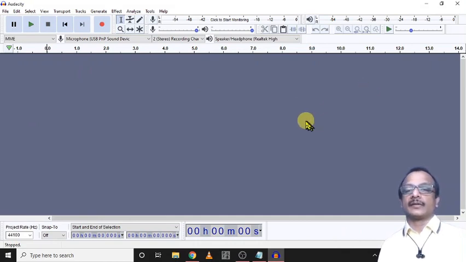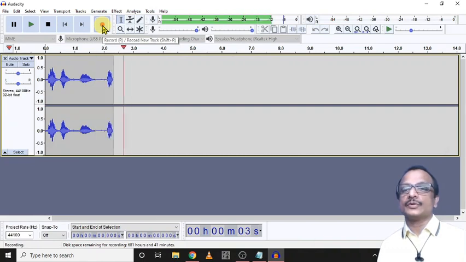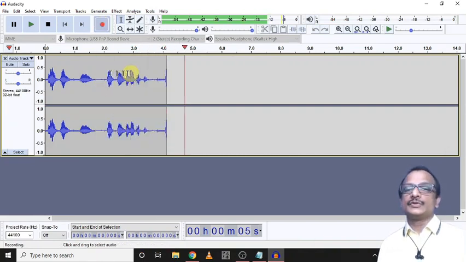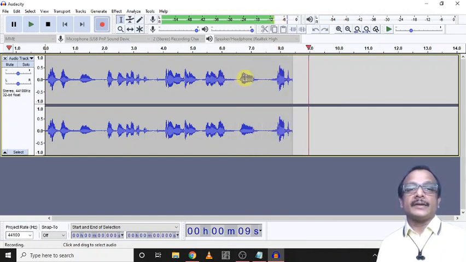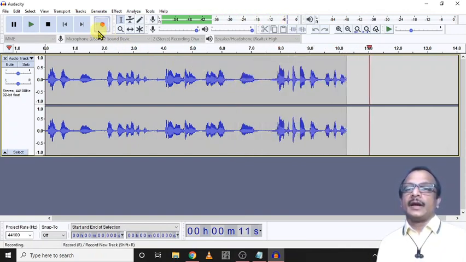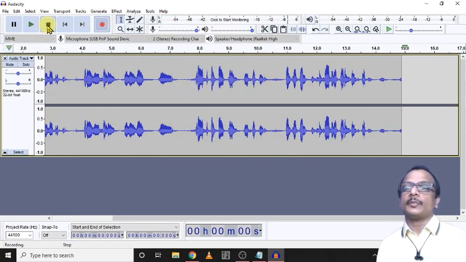Here we can record audio files and we can improve the quality of sound. Okay, we can try to record. This is the record button, this red icon. Just click here and talk to the microphone. It will usually follow a graphical pattern of recording, and after deciding to end recording, just click stop button.